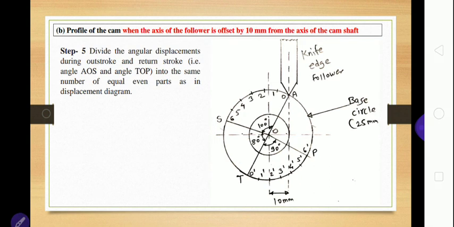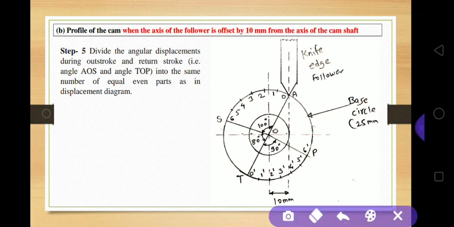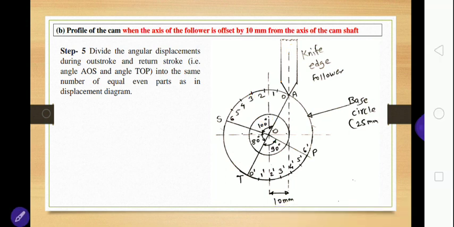Next step, divide the 100 degree and 90 degree angles, that is the angles for the outstroke and return stroke, into 6 equal parts. 100 divided by 6 and 90 divided by 6, whatever angle you get, you can place these angles apart from each other. Now don't extend these lines immediately from O to 1, O to 2, O to 3 like this. This procedure we follow if the follower does not have offset. Here the follower has offset, that's why